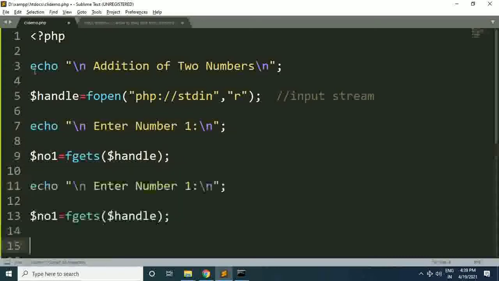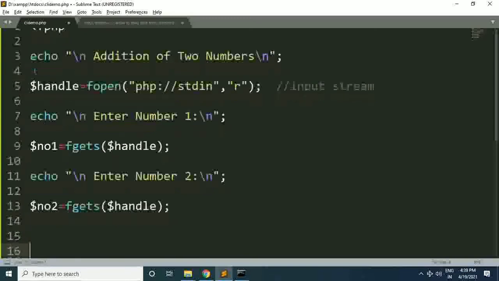I will simply copy this and change it for number 2, and here I will make this $no2. Now friends, our number 1 and number 2 are available within their respective variables.